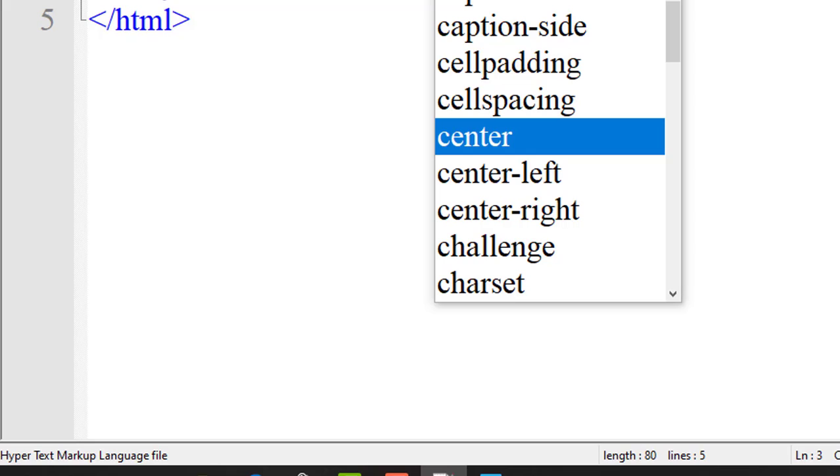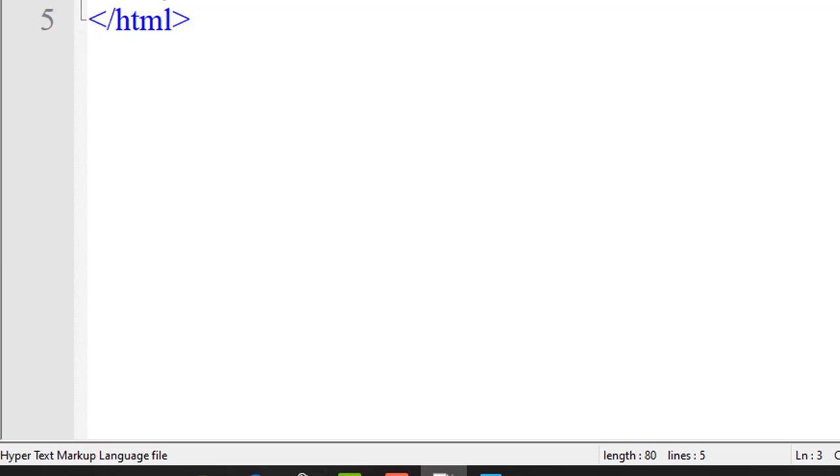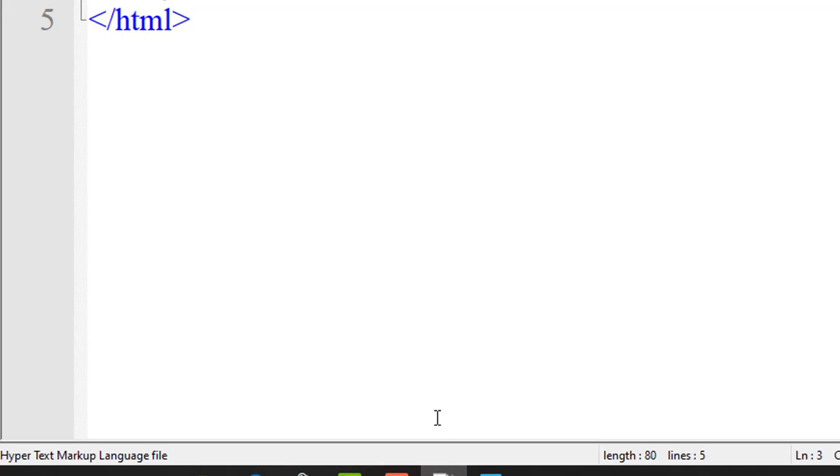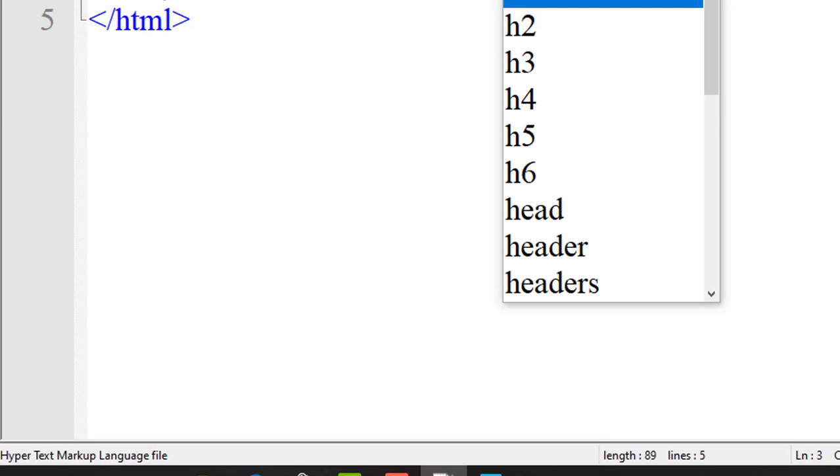Just save this. Now I want the font as a heading 1. So firstly see what output we got: Jan classes. I want the heading h1 and in the bold tag. So h1 tag open, h1 tag close.